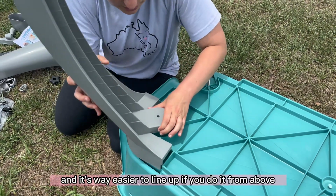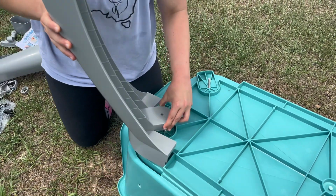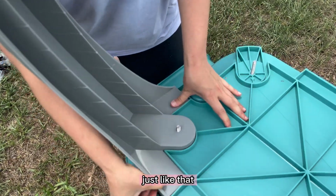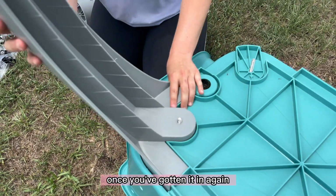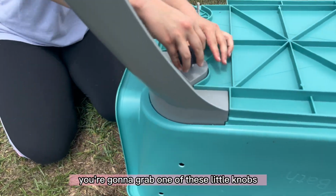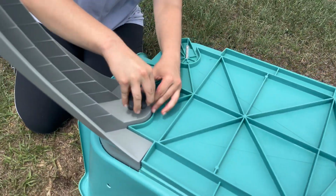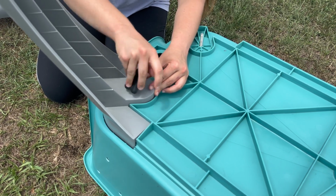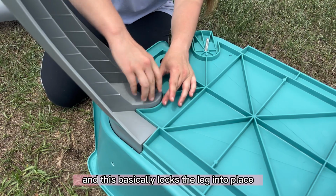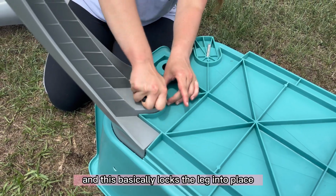And it's way easier to line up if you do it from above, because it usually just slips right into place, just like that. Once you've gotten it in, again, make sure that it's all the way in the crease. You're gonna grab one of these little knobs and twist it on. Make sure it's all the way good. Takes a few seconds to line up. There we go. Twist it in, and this basically locks the leg into place,